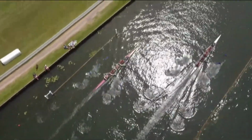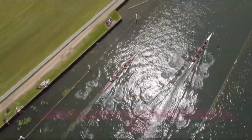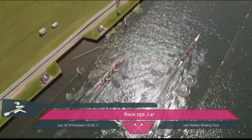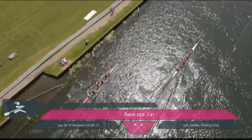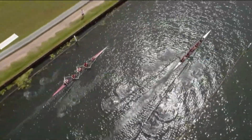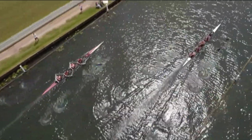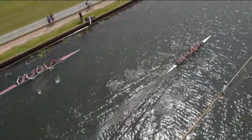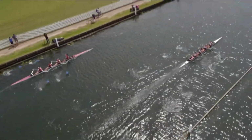way down the course. The sun dappled on what is a beautiful day on the River Thames at Henley Women's Regatta. It's about 1:05 in the afternoon. We've got a full set of racing coming up, but there we go, Greg. We can just see the class Henley have, the longer legs, the stronger pull, and they're just moving out, aren't they? Yes, they are, and you'll know a lot about this crew. Tom, perhaps you'll tell us about them in a little while, but